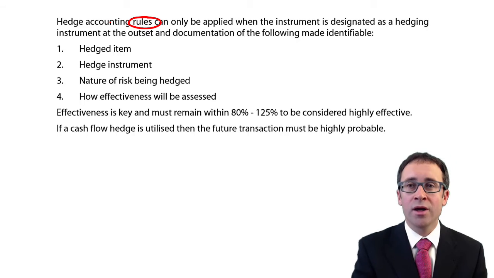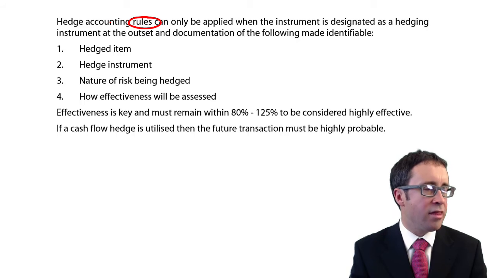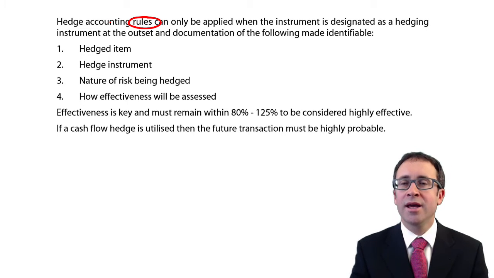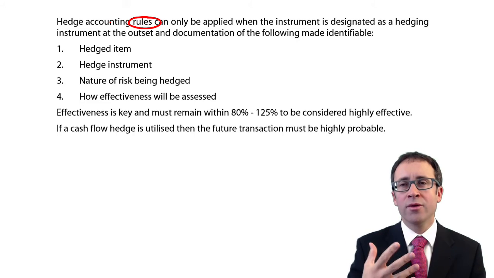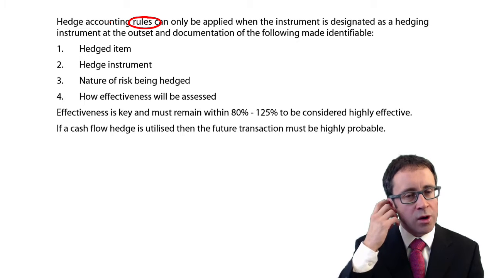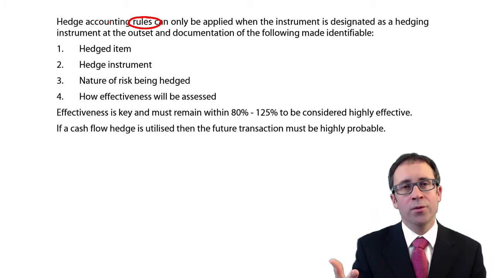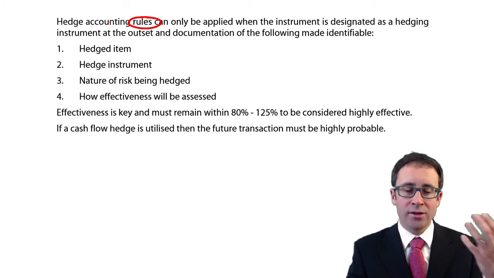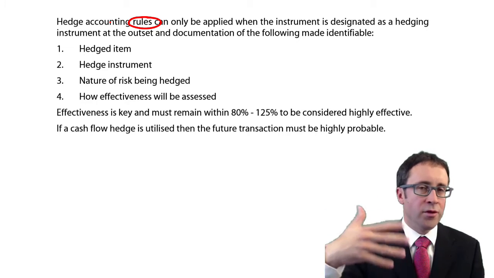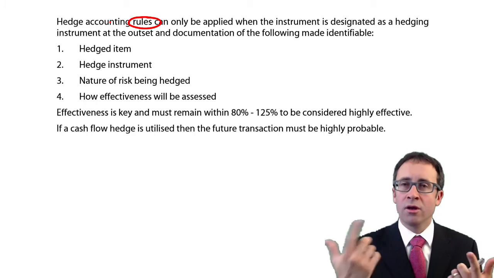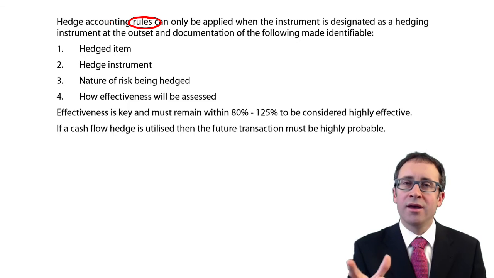But within there as well, there could be additional risks that you're faced with. So if you think about an airline hedging against the potential purchase of fuel in the future, there is no specific financial instrument with regards to fluctuations in the price of jet fuel. But what we can do is have the item being the future purchase of jet fuel, and maybe the instrument being some form of derivative on crude oil, because the prices will be very closely linked. So there's a price risk in there,